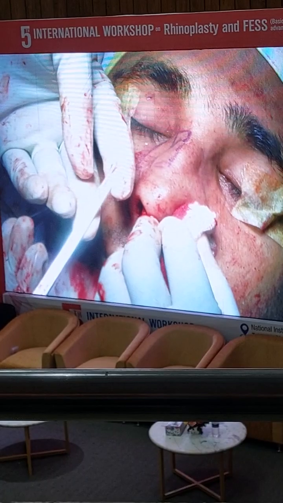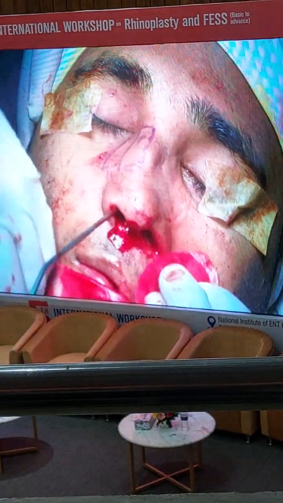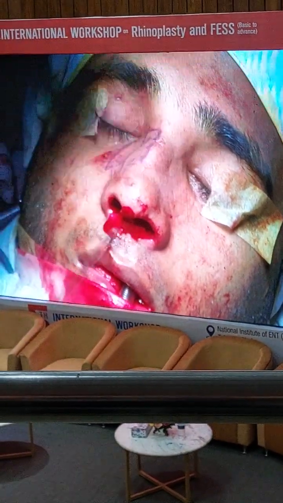So another important thing is the guarding hand should be outside and the cutting hand should be inside. Okay, and if you purchase the bigger frame, then you purchase right and left side both, so that you have a more handy instrument.